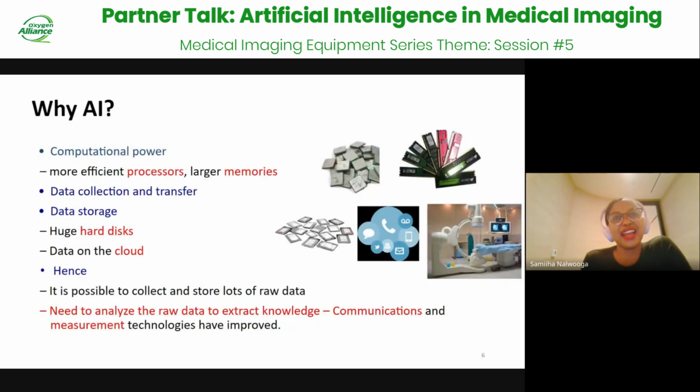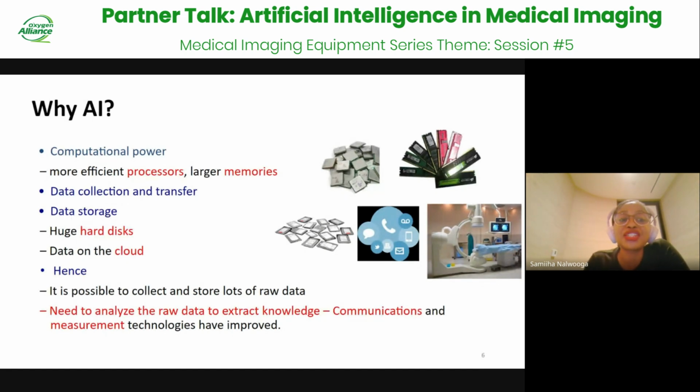So given the fact that AI is backdated, why do we hear about it so much, or why is it trending lately? It's trending lately because, number one, of the computational power we have access to, more efficient processors provided by companies like Google, Amazon, and Nvidia. We also collect a lot of data. As I'm presenting this, we're actually collecting data in the form of videos, images, and text. So there is a need for us to collect this data and use it to train AI